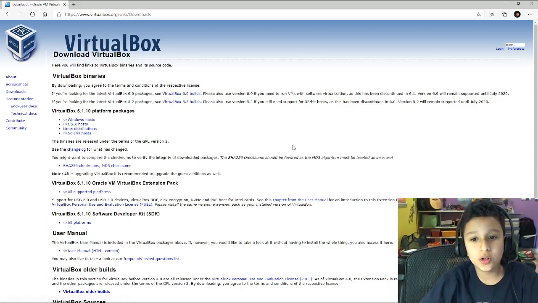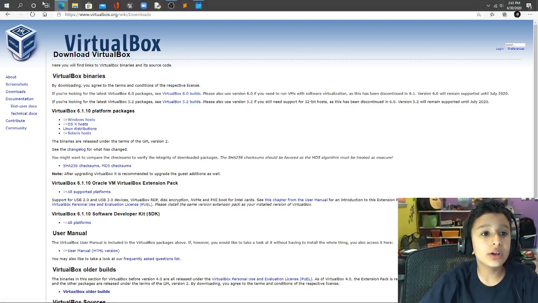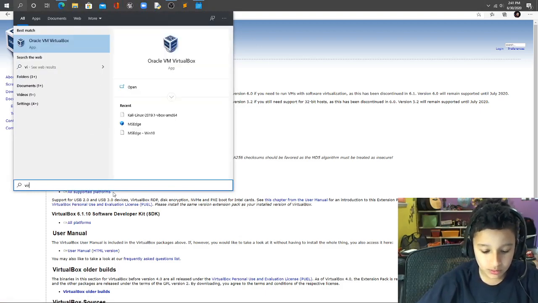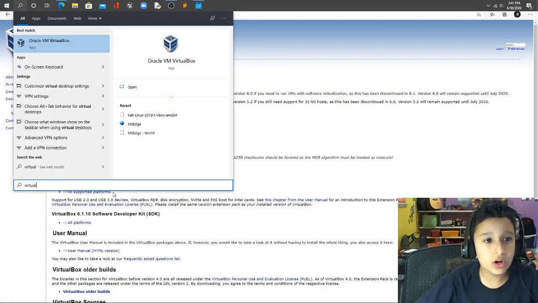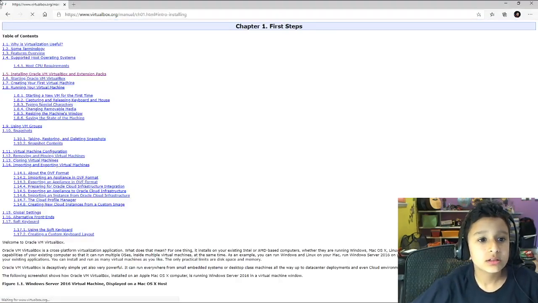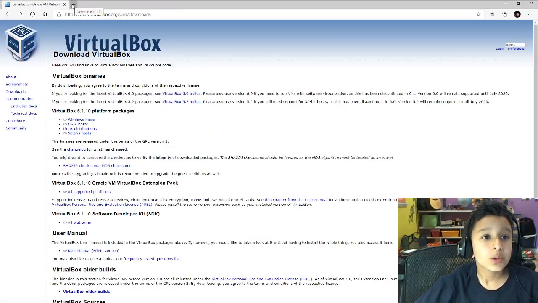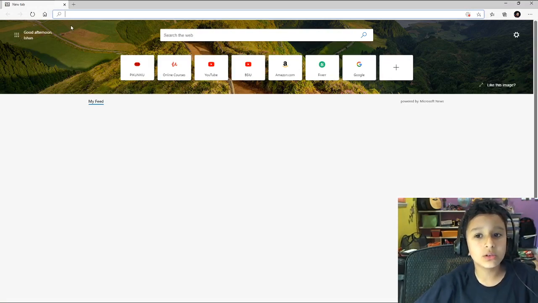It'll ask you quite a few things. I already have it installed, so I'm just going to search up VirtualBox. Yeah, you can see there. Once you have that installed, what you want to go to is